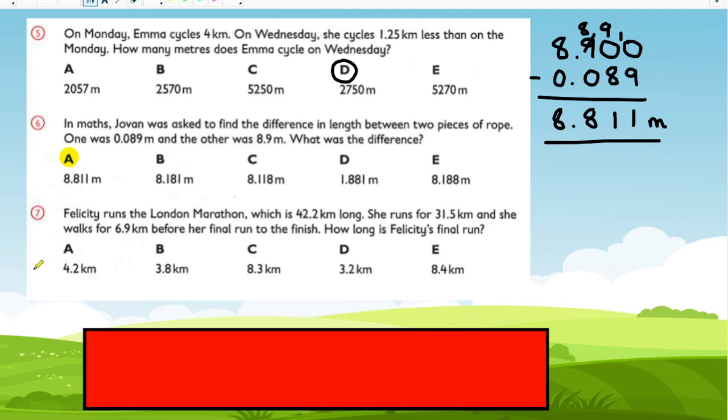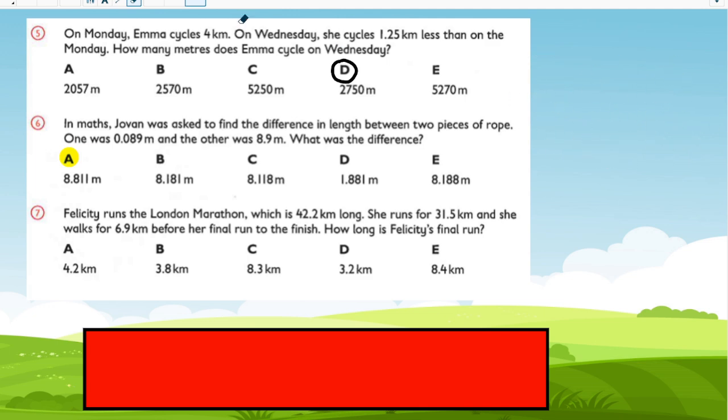Moving on to number 7. Felicity runs the London Marathon, which is 42.2 kilometres long. She runs for 31.5 kilometres and she walks for 6.9 kilometres before her final run to the finish. How long is Felicity's final run? So the way to work this one out is to add together the parts that she's done already. So I'm just going to get my pen to do that. So we're going to add 31.5 kilometres with the 6.9. So we're going to add those together, which of course, gives us